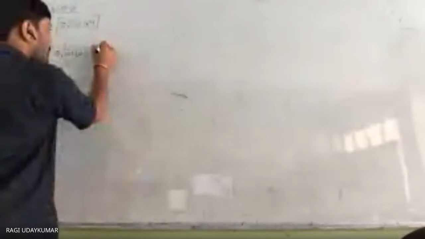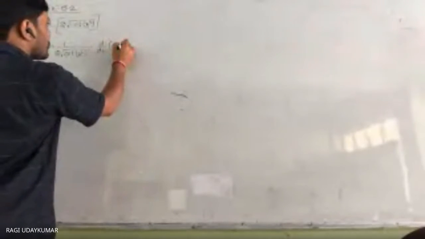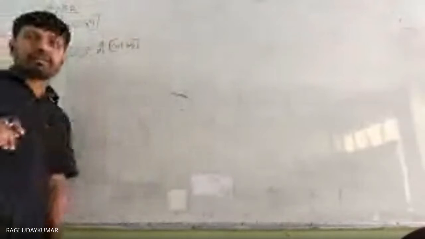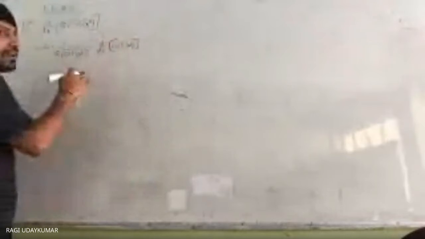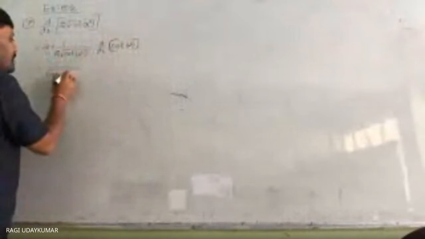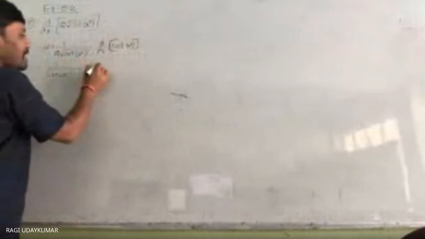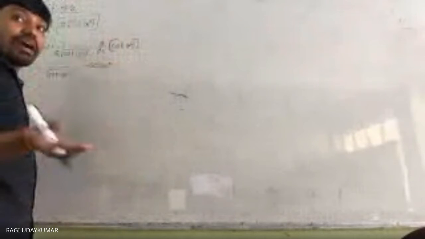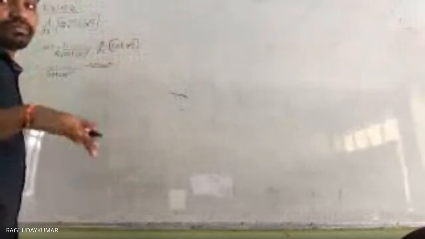Again you need to differentiate under the root whatever it is there. So that is cot x square. So in cot x square, consider x square as some x. So cot x differentiation is minus cosec square x. So these 2 and 2 will get cancelled. 1 by under root of cot x square into minus cosec square x square, because d by dx of cot x is equal to minus cosec square x.